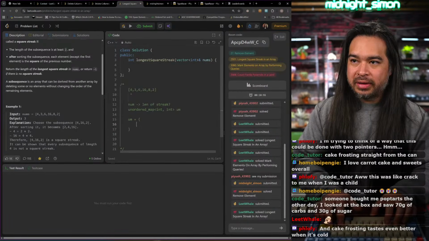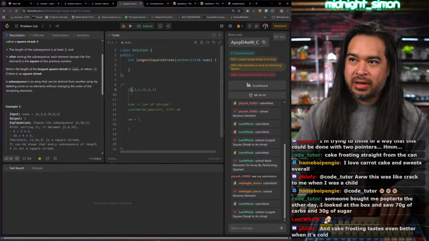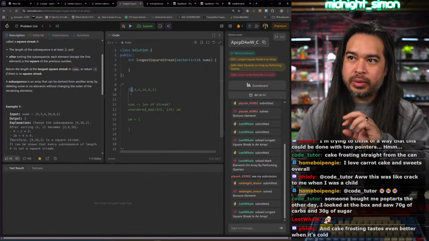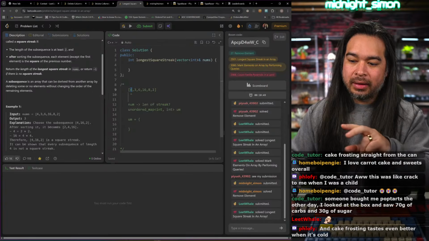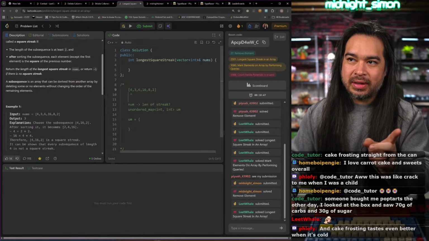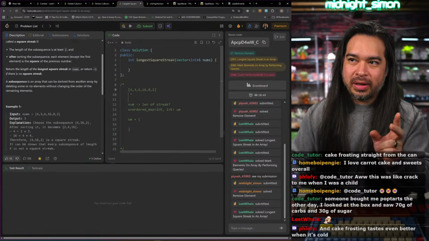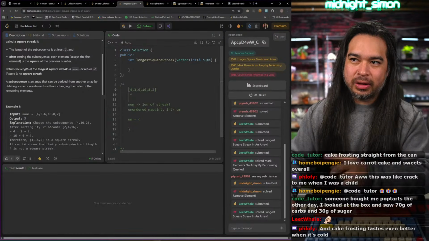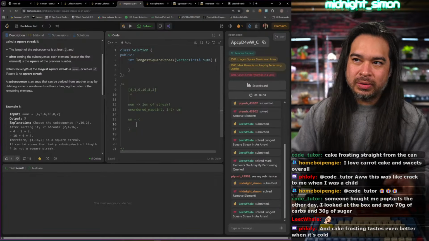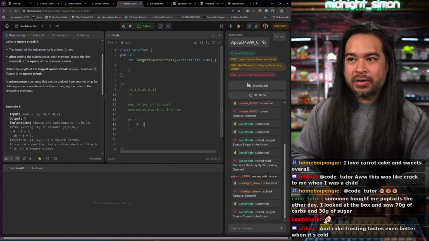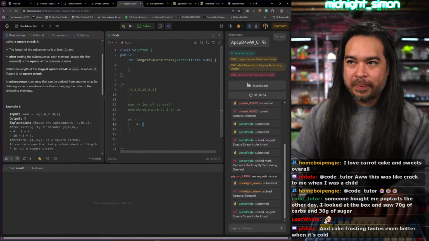So it will look like this. First thing I look at 4, I find the square root of 4, which is 2, and I'm looking previously to see if there is a 2 that I've seen, and then I'll increment that streak. So there is no 2, so that means I put 4 and it has a streak of 1,